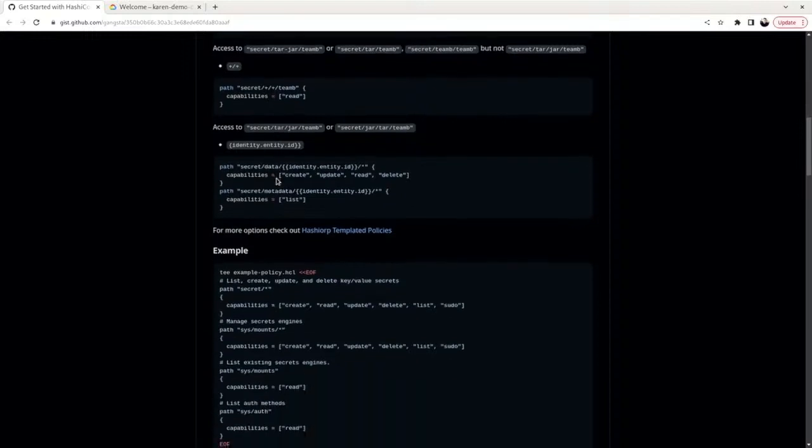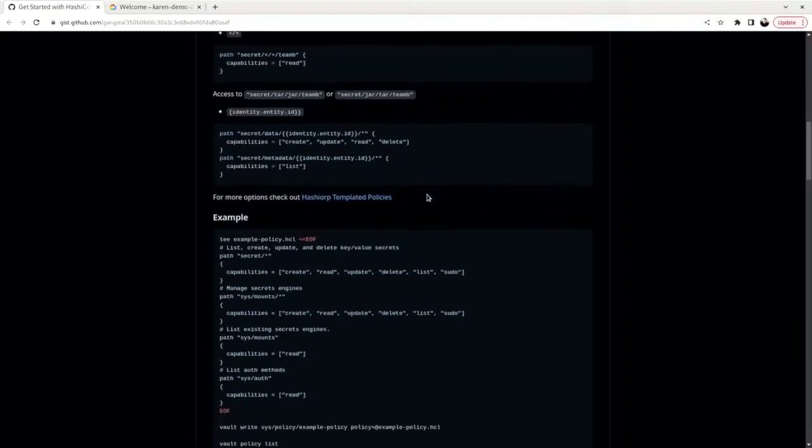And of course, if you want to go more advanced, then you can also use these identities. And there is a very big documentation about which identities and how you can specify. So the use case of this is like, hey, I want only me to access this secret. So if I know my identity, I can specify it here. And based on that, I can access whatever.